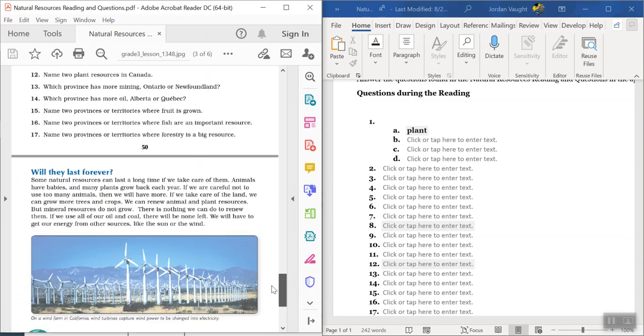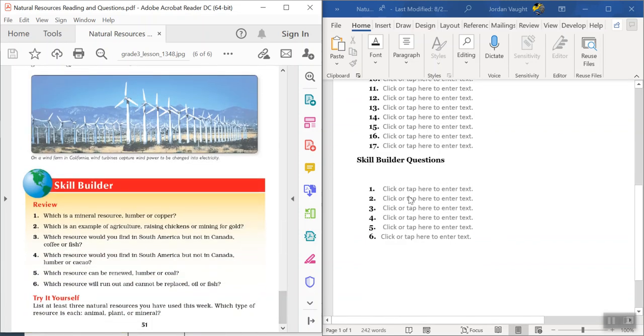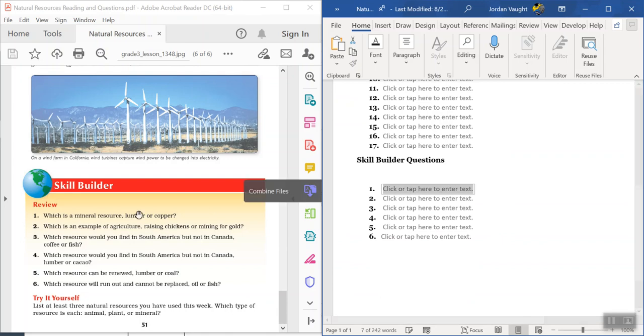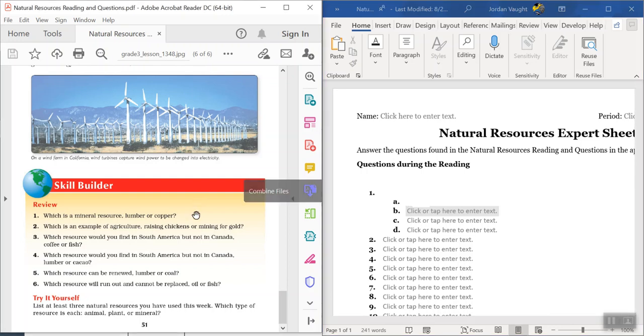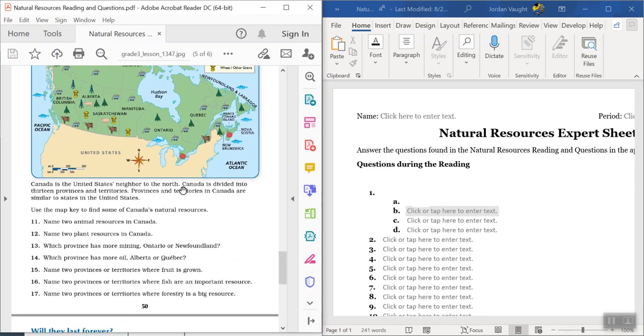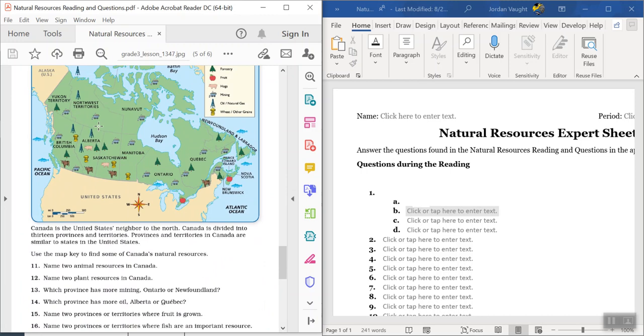And then the last part, you have questions here, the skill builder ones. Okay, so skill builder questions right there. Number 1, which is a mineral resource, lumber or copper? So you would sit down and type in copper. Boom, there we go, and we go to the next one, okay? You don't need to write complete sentences. You can if you want, you don't have to. I'm just trying to have you guys understand the difference between the different minerals and plants and natural resources that we find in the world, and understanding where you can find them, be able to look at a map and